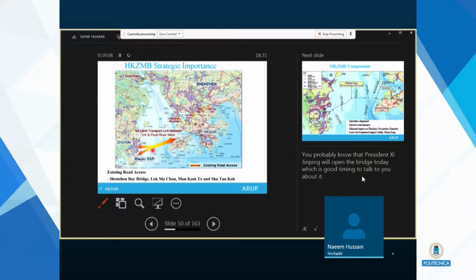And what is the reason for this bridge? Hong Kong, as you know, is now part of China, but is still independent. But on the east side of the Pearl River, there's been a lot of development, and the west side has been sort of left behind. So both the Hong Kong government and the governments of Zhuhai and Macau have wanted the bridge to link the west and the east side, which would help in the economic development of Hong Kong, which means that we can get traffic coming to our container port,